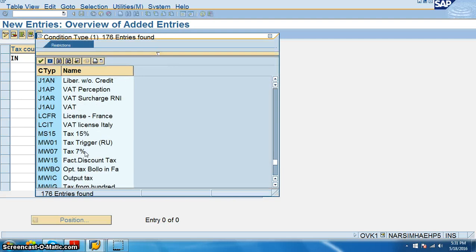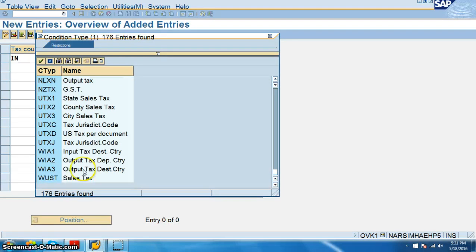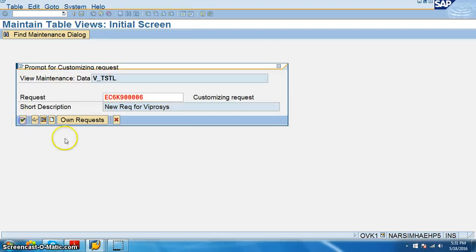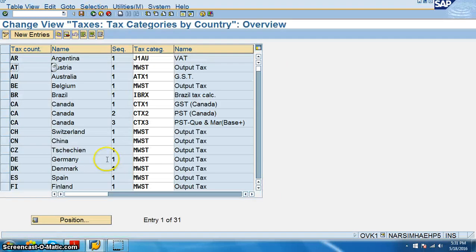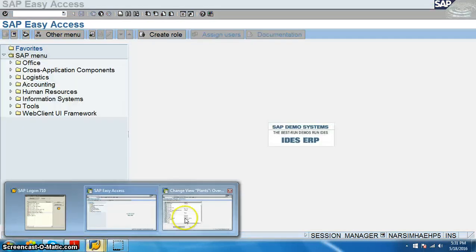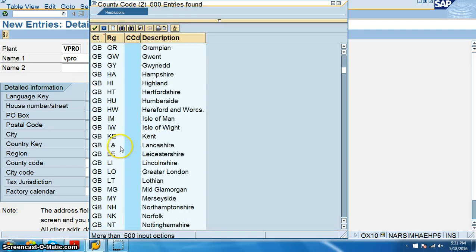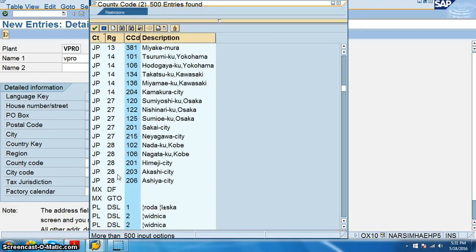Sales tax: select this and click save. We can maintain the sales tax here, and after this we need to assign it in new entries for the VPRO plant, and then country code is IN. City code you can select any, or keep it blank now. India tax code, country code, we don't have India, I guess. Here we have to create that.